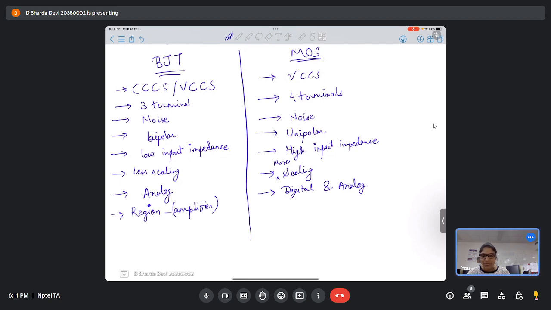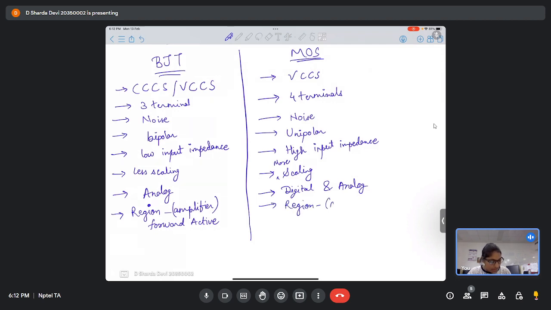For BJT, when we use it as an amplifier, it's actually biased in forward active. Yeah, correct. It's not triode. Triode is used for MOSFETs. Okay, with terminology, for BJT we call it forward active. Whereas in MOSFET,